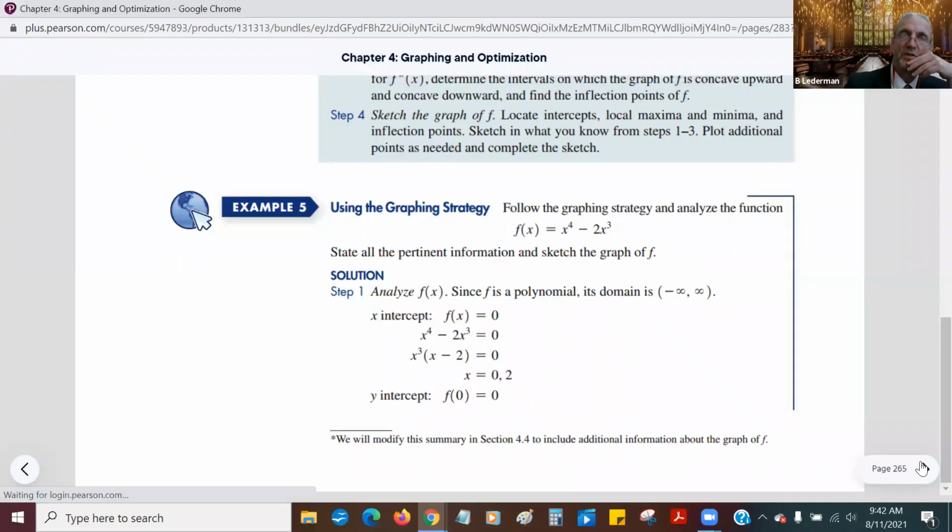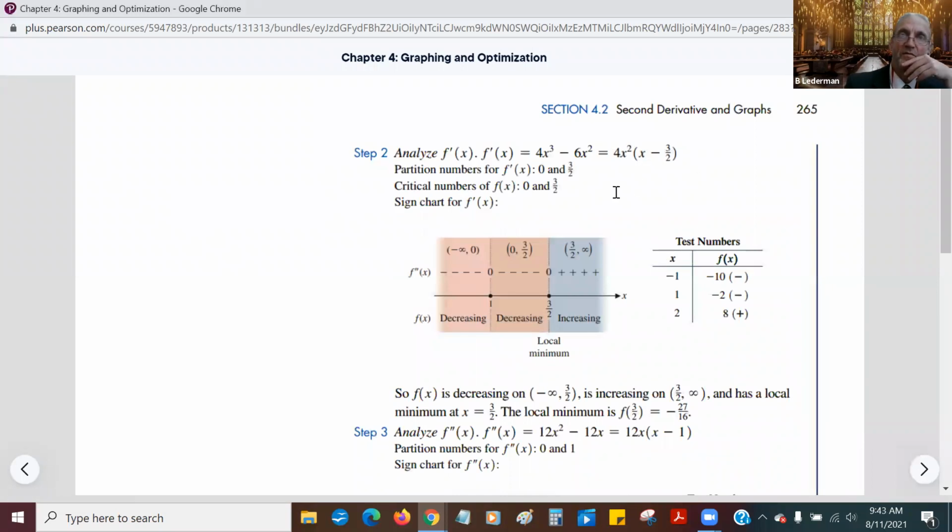Okay, let's go to step 2, which is a little calculus. Now we're going to look at the first derivative. Well, if I differentiate my original function, I get 4x cubed minus 6x squared, and I can factor out a 4x squared, and I get (x minus 3/2). Now the reason I want to factor this is because this way I can easily see when this guy equals 0. Well, the partition numbers are going to be x equals 0 and x equals 3/2. The critical numbers